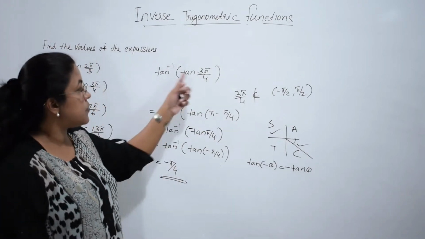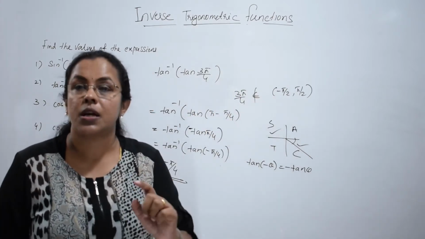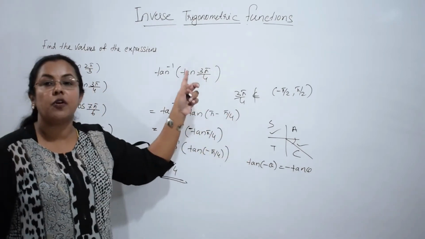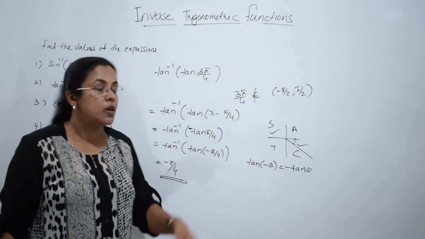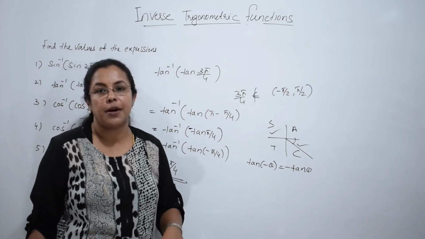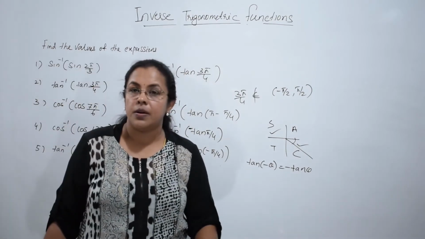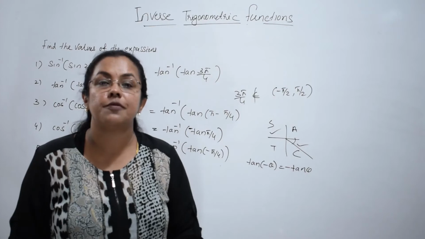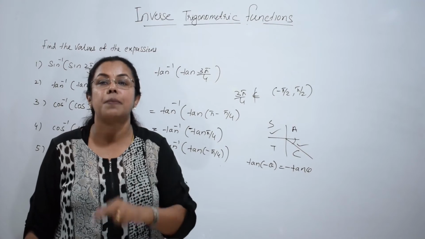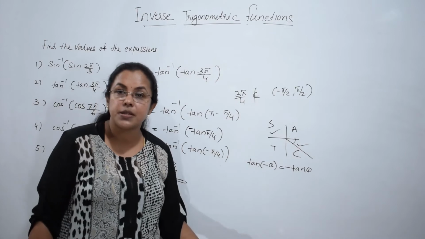Is it clear? First of all, you have to check whether the angle is an element of this principal branch or not. If it is not an element, convert it. Very easy. If it is 5 pi by 4, we can write it as pi plus pi by 4. If it is 3 pi by 4, 1 less than the numerator, then it is pi minus pi by 4. We are using pi because we are converting tan in terms of tan. If you want to convert tan in terms of tan, what are the possibilities? Pi or 2 pi, pi minus or 2 pi minus. Here it is pi minus. Simple thing. Hope it is clear to you?